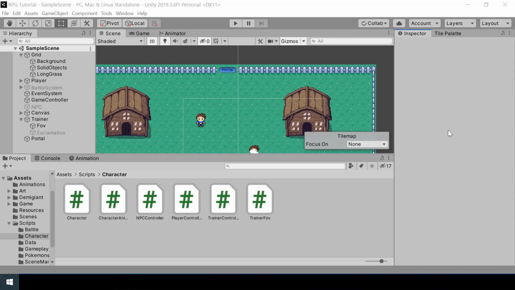So in this video, we will start implementing scene management. So we'll create a portal game object which can be used to switch between scenes. And we'll also create a system for triggering some code on a game object when the player steps on it. So we'll do all the setup that we need for scene management, and the actual scene switching will be implemented